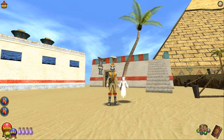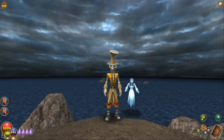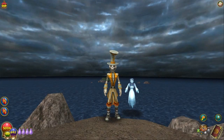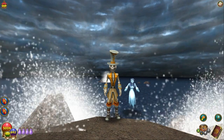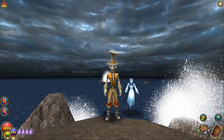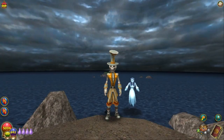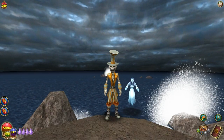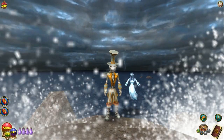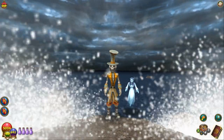Let me go ahead now, and I'm going to go to an appropriate location for the number 3. I must say that this is a perfect location for the number 3 most favorite spell to pet pick in the Spiral. I thought long and hard about where I would film a location for this pet, and anytime I see the animation for it, this is what comes to my mind. The number 3 most favorite spell to pet pick in the Spiral is...